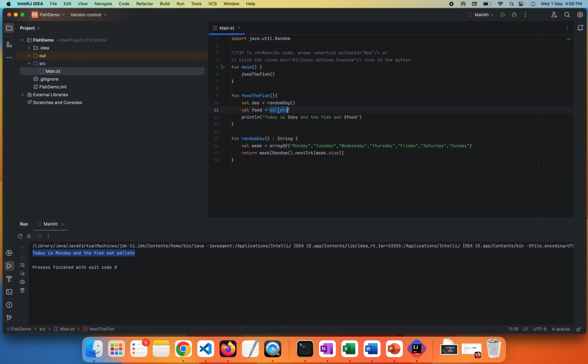So here the food I have hard coded as pellets. So even though you choose any day, it prints the food as pellets. Now I'm going to create a new function. Based on the day, we are going to feed a different type of food. Let me create a new function, function fishFood,